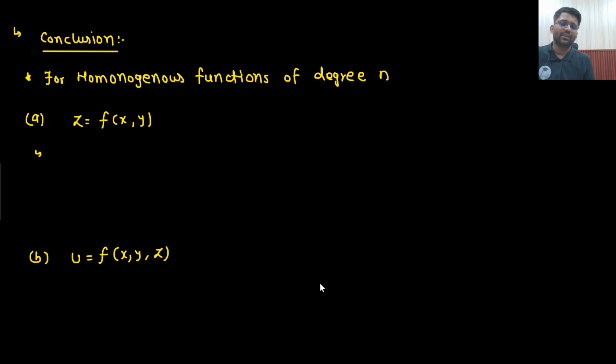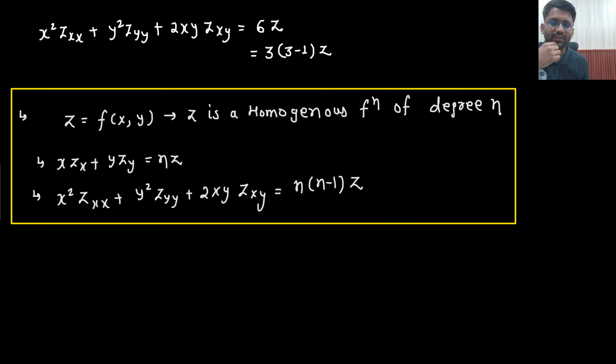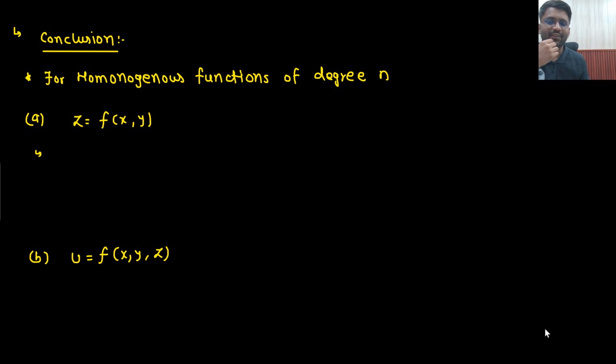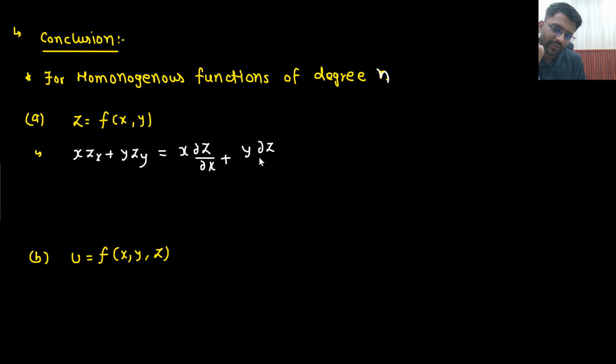So let's write down the conclusion again. Let's write down the conclusion for a homogeneous function. For a homogeneous function of degree n, z is a function of x comma y. Then pick x, zx, pick y, zy. In the examination, who knows, this form is also given. So you should be comfortable with both of the forms. That would come out to be equal to nz, you can say, or n of